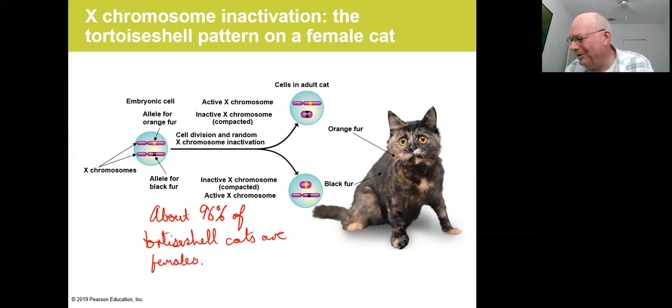Sorry, this is not terribly neat in terms of writing, but hopefully you can read that. So about 96% of all tortoiseshell cats are female, which leaves about 4% of them being male. So if you see a male tortoiseshell cat,